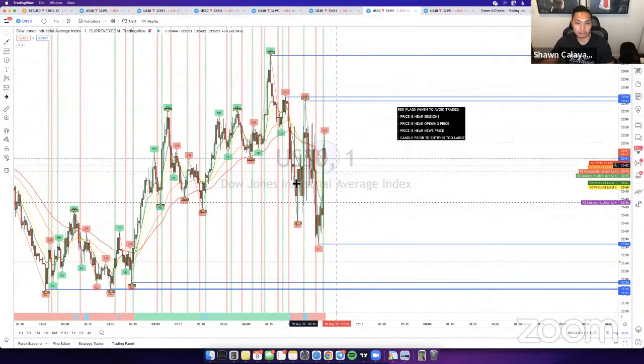So this whole move here was basically just noise. This move down here is just noise, and price is right back to where it started from. Market open literally right here, and that's where it's back at. It's right back to market open. That's why I haven't entered any trades. As I mentioned before, I was waiting for price to get below here, but no entries came up, so there's nothing for us to take at the moment.